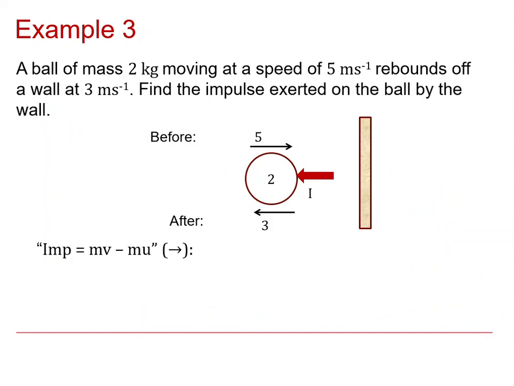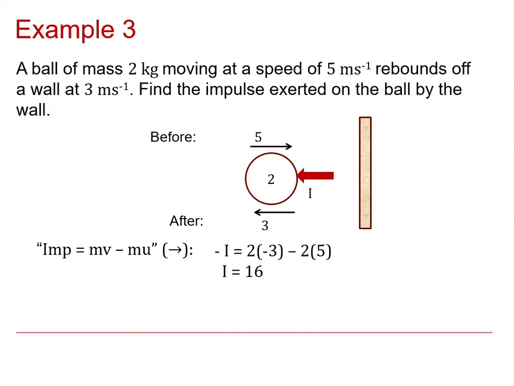The calculations go from the impulse momentum principle. We say that if we're trying to find the impulse from the wall, since we know its momentum before and after, the impulse must be the change in momentum. So we can see there that doing the calculations, note again the direction to the right, so the I shown on the diagram comes as minus I in the equation, and the final momentum is 2 times minus 3 because it's to the left, not the right, and from that is subtracted the 2 times 5. So we end up with I equals